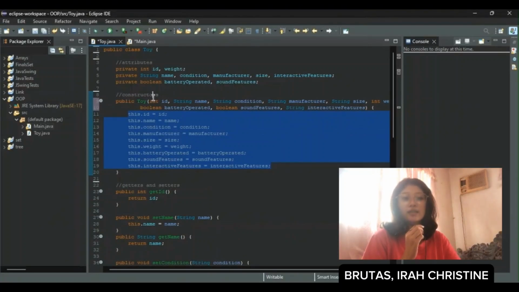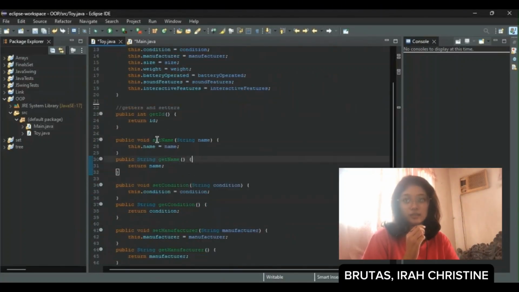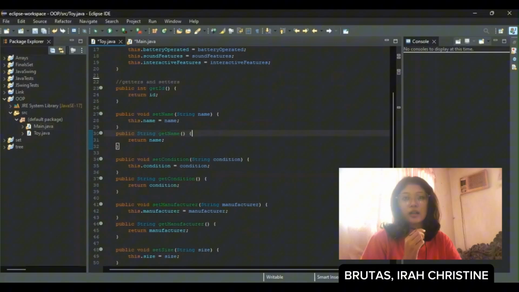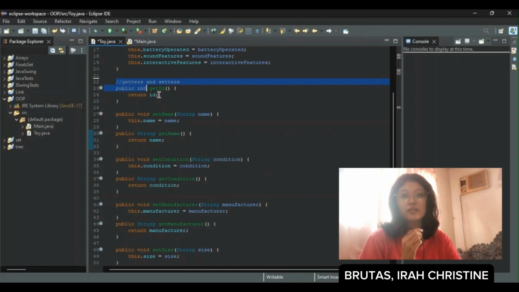Next, the last one is getters and setters. Getters and setters allow controlled access and modification of the toy's attributes. Here are examples of getters, the accessor methods: public String getName() { return name; }. These are the getters, and setters are the methods that update the value of a private attribute.